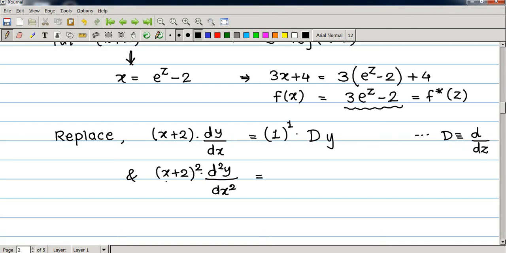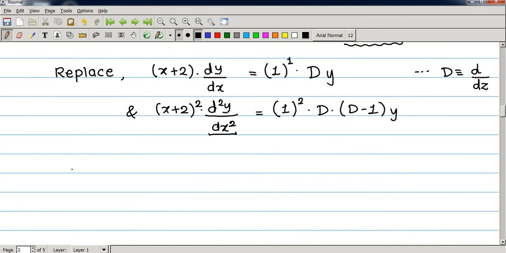Same is the case with the second one. This factor appeared 2 times, so its multiplicity is 2, so we take 1 raised to 2. Since 1 is the coefficient of x, and since the derivative is of order 2, we take D into D minus 1 y. Therefore, by using this replacement, the given differential equation becomes